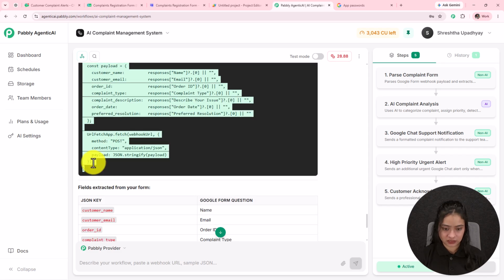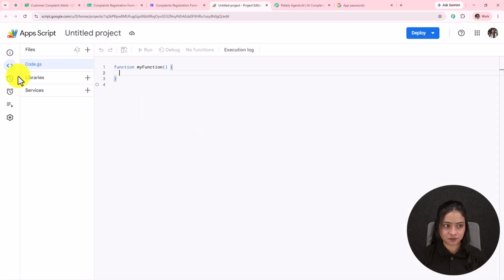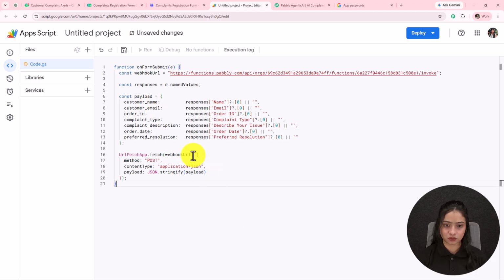Okay, we have copied. Now let's go back towards the app script. Here we have to go towards the code editor, delete the existing data that is given over here, and paste the new script. Okay, we have everything. Now we just have to save the script. After saving the script, it is saying